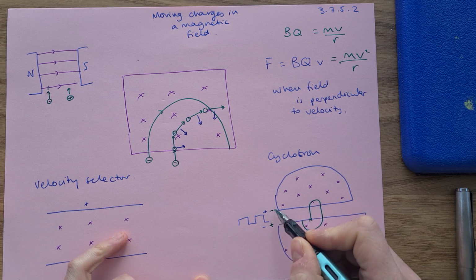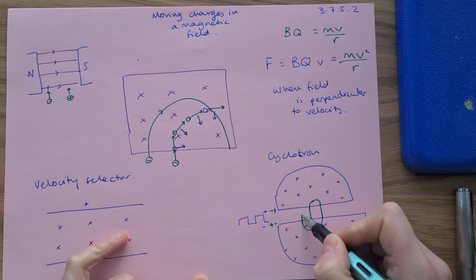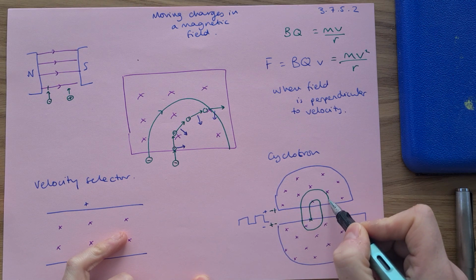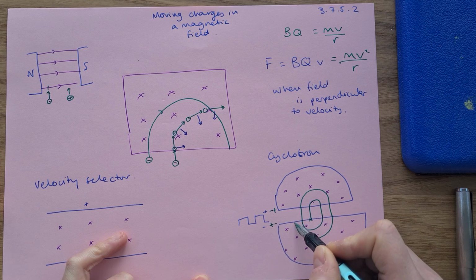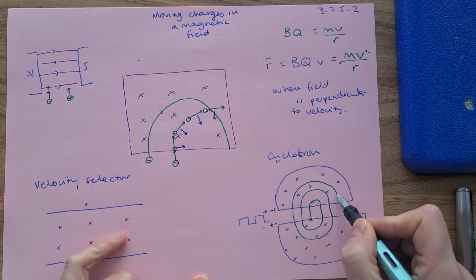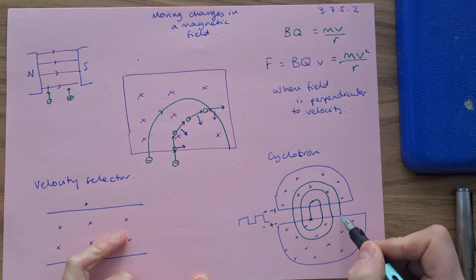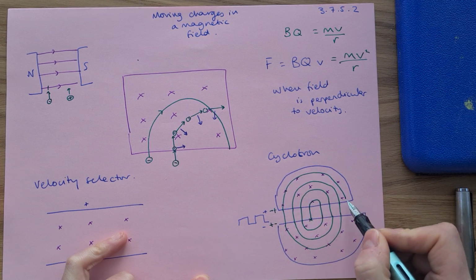Then we flip this again. Now it's positive, back to positive and negative. They're going to get faster here. It's going to be a bigger radius here. They're going to get faster at this bit. We flip it, faster, bigger radius. Flip it again. They get faster there. So then they do a bigger radius here. Flip it again, faster there, bigger radius. All the time this particle is getting faster and faster until eventually,